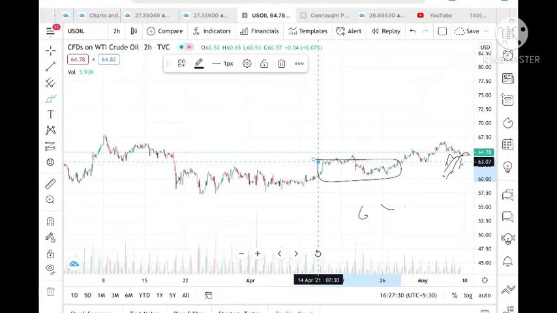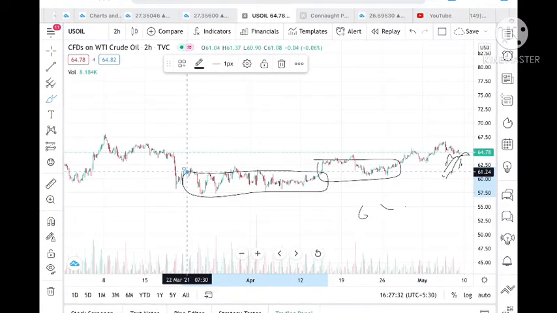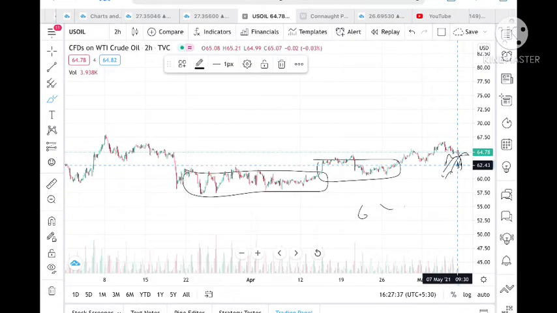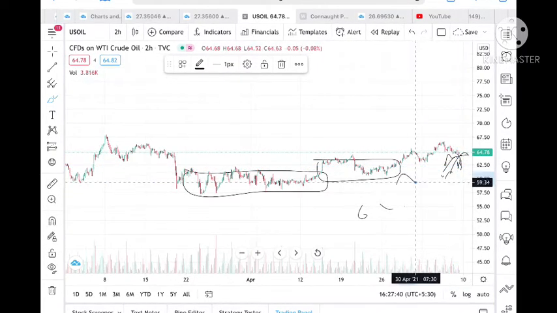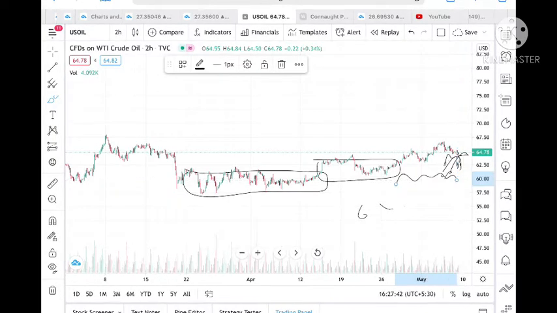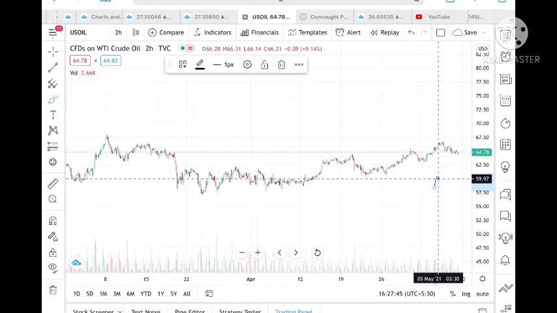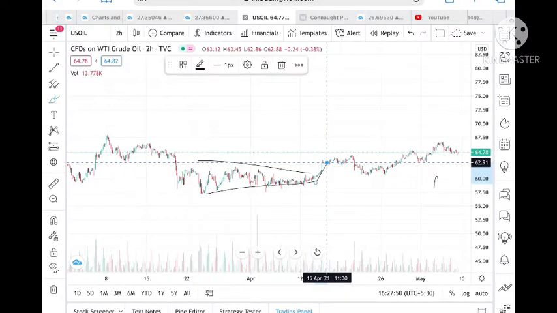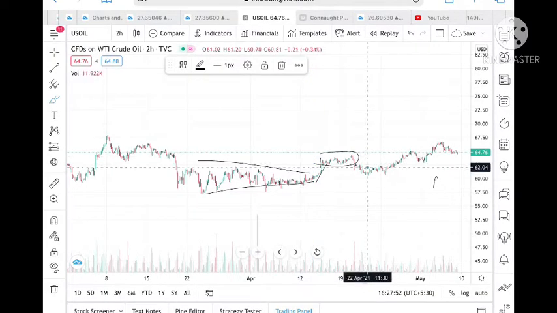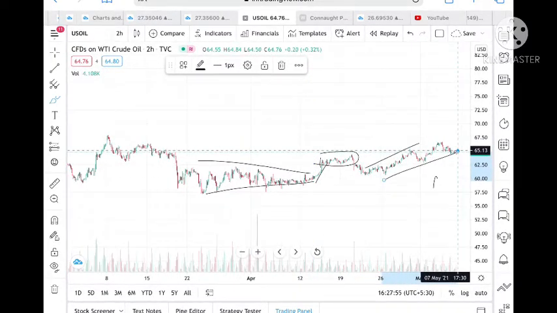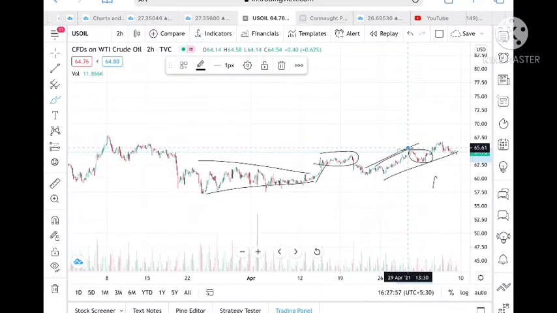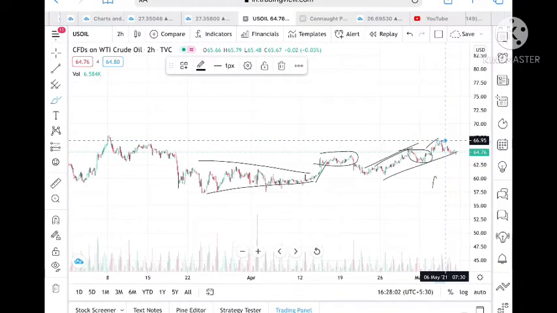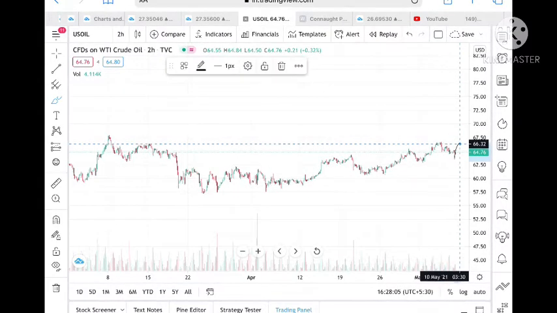So if it comes down this lane, and if it comes below a level of 62.27, then we will be expecting that it will move in this particular range. Because we have seen a pattern created here, and that caused it to move upside, and now it is in this particular range. A pattern is created here in the upside, and from there it made a new high, April's high. So what you can expect is that if it goes above 65.29, then it can touch a level of